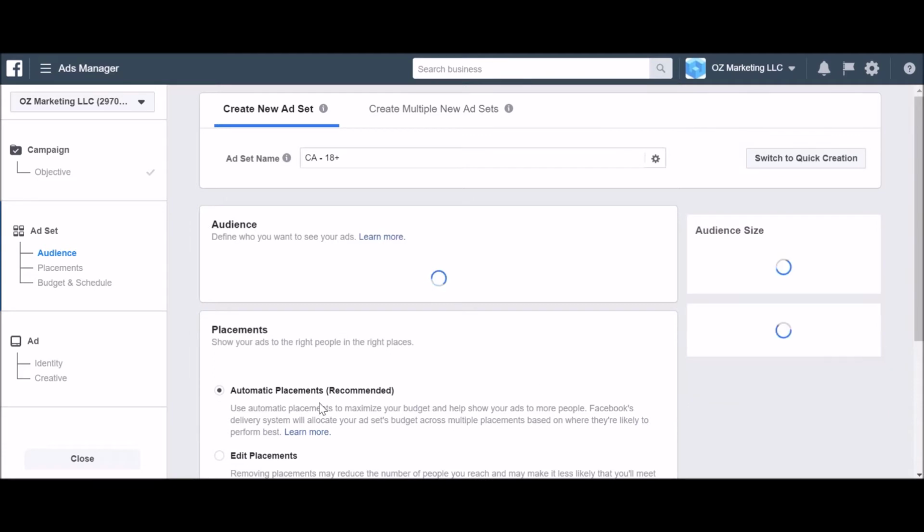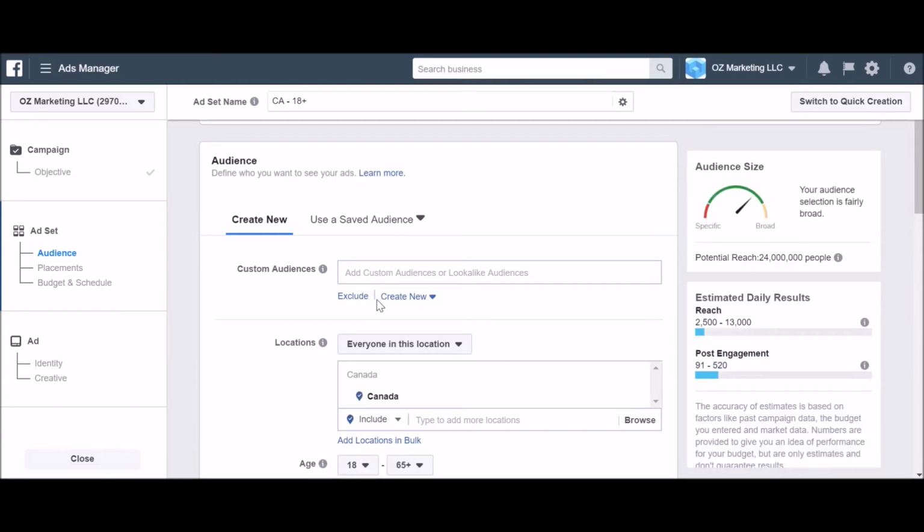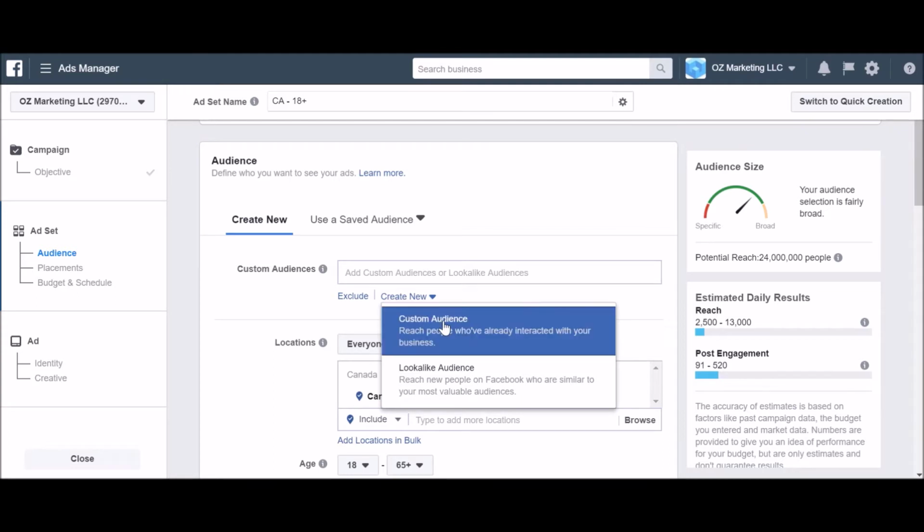And down here, this is where it gets interesting. Over here you have an audience, you have the ability to use saved audiences and the ability to create new custom audiences. And again, custom audiences is the most underrated, but yet most optimized form of advertising targeting that you can do for your business. So let's create an audience, right? So what I like to do when it comes to retargeting